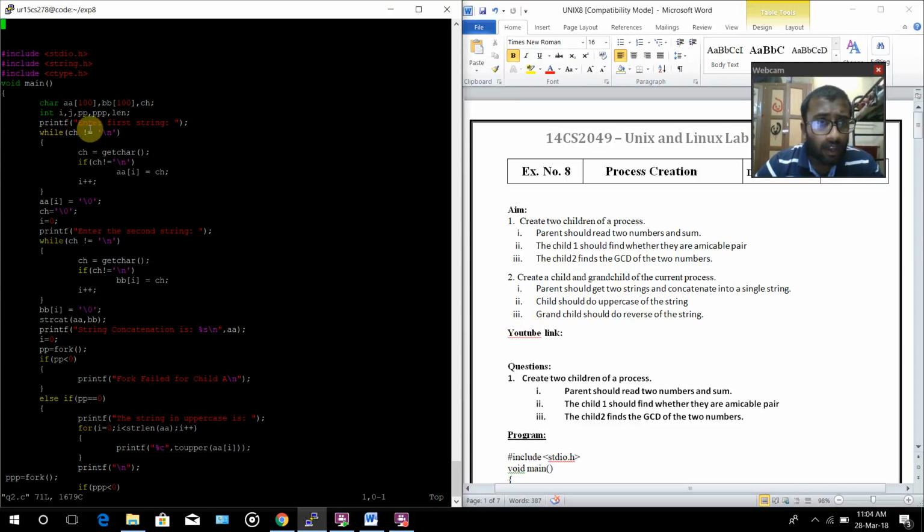What I am doing is I am entering a string, and if it is not equal to null, then I will get it character by character and store it into a variable ch, and this ch is assigned to the AA array till the new line comes, and it will increment my i. Initially i is initialized as 0. When I type the second string, the same thing happens, but it is stored in the BB array. Then I am using a concatenation function that will concatenate both the